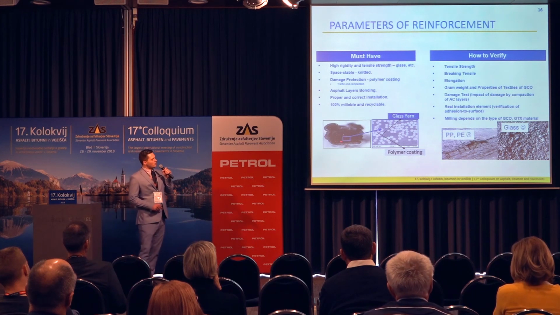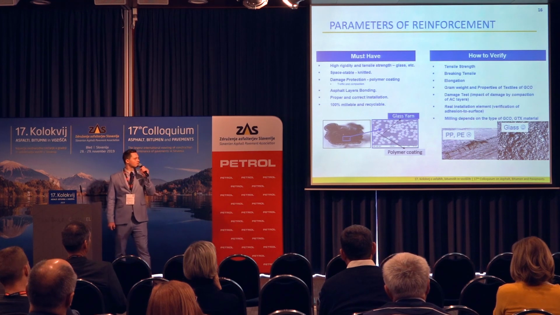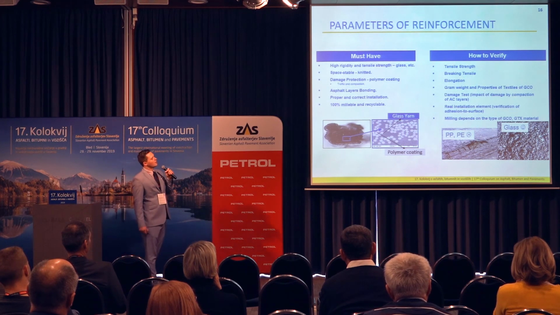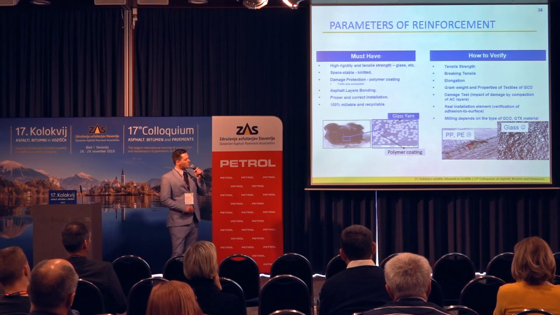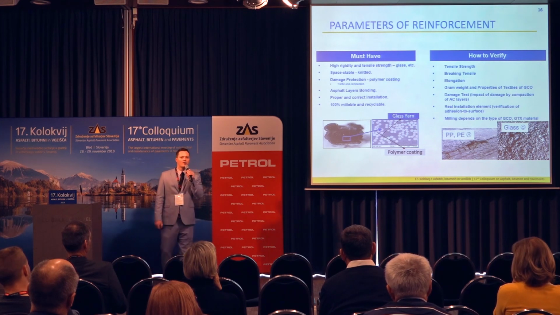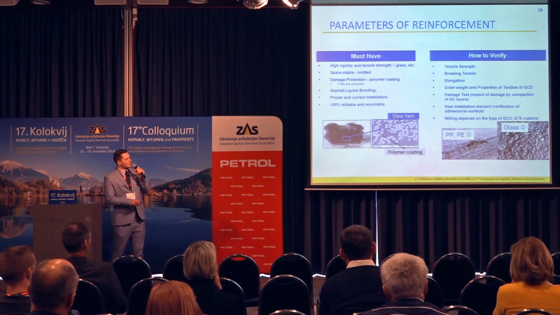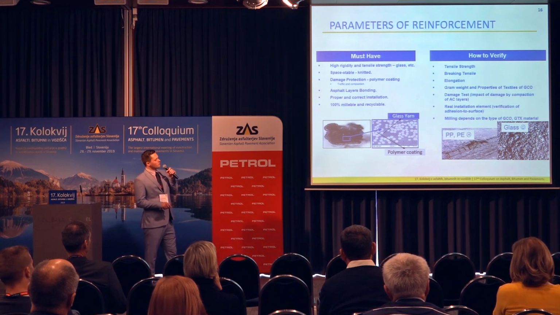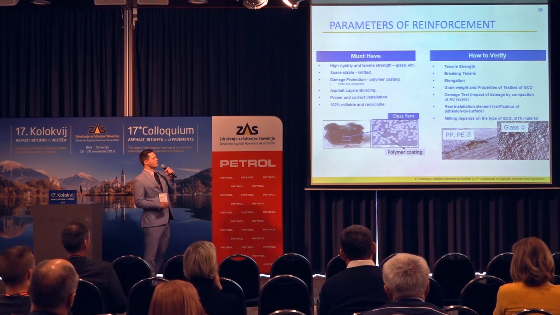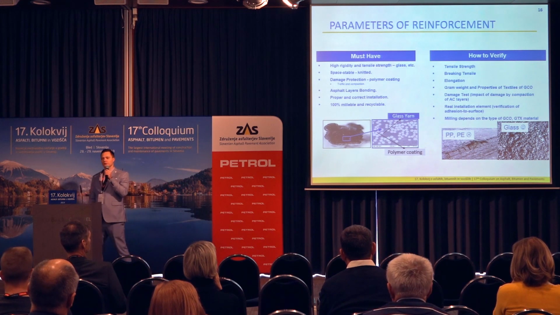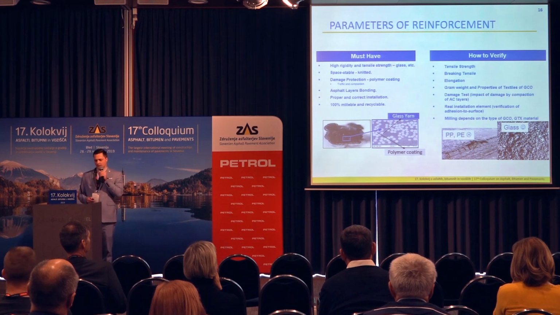So in the picture here, you can see the coating of the glass yarn, as I mentioned before. You can see it's fully saturated and the glass is protected. And the pictures here are from the milling. As I mentioned before, glass is fragile and it's easy to mill. And you can get the material like that. But when you try to mill polypropylene or some plastics, because it behaves like chewing gum, you get a lot of problems during the milling, and it's not good.